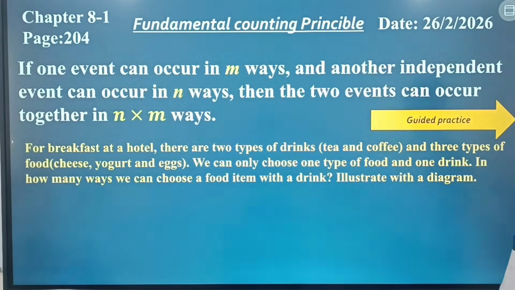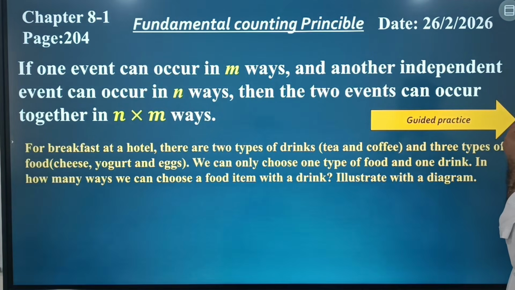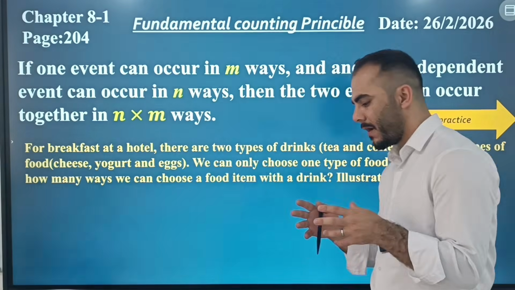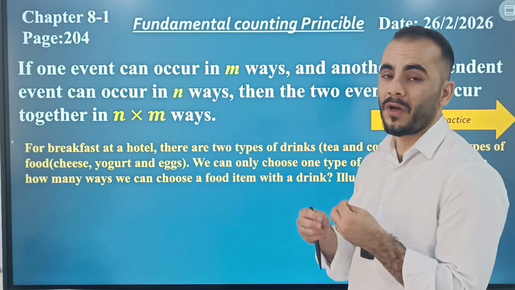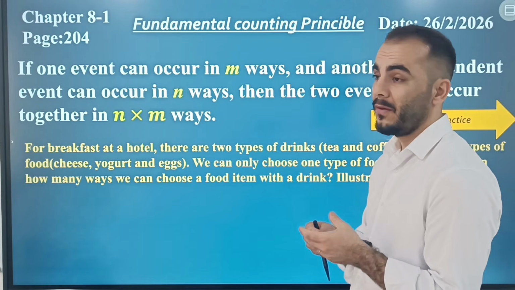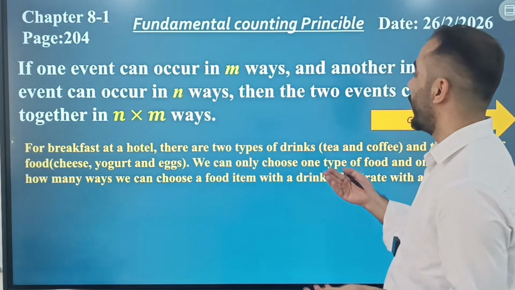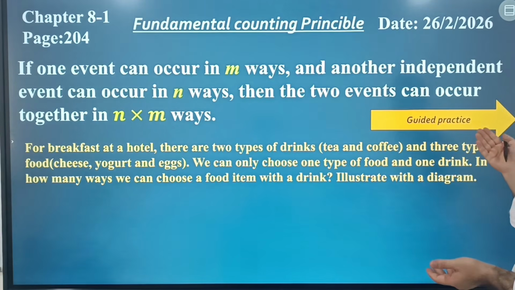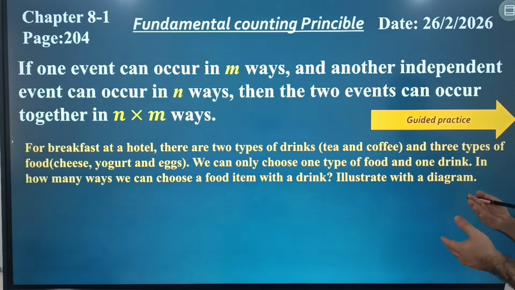Okay. So here is the fundamental counting principle. If one event can occur in m ways and another independent event can occur in n ways, so when we have 2 events and they happen at the same time, but in different ways, then the 2 events can occur together in n times m ways. For example,